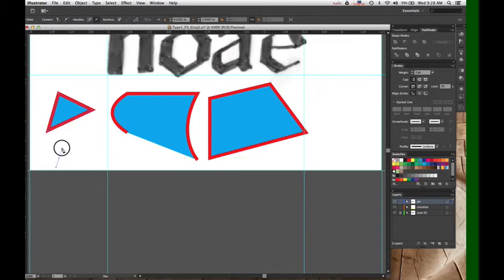If I click and hold down, I can pull out curve handles. And now the next point I pull out will have that curve handle applied. So this is a little bit harder to get a grasp on at first, but once you do, this is actually a very efficient way to draw with the pen tool.